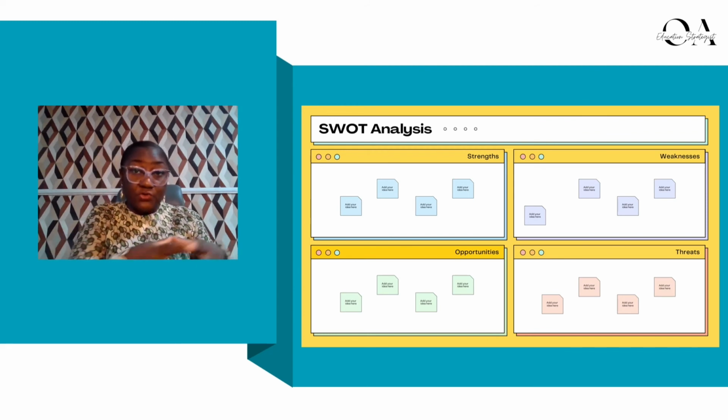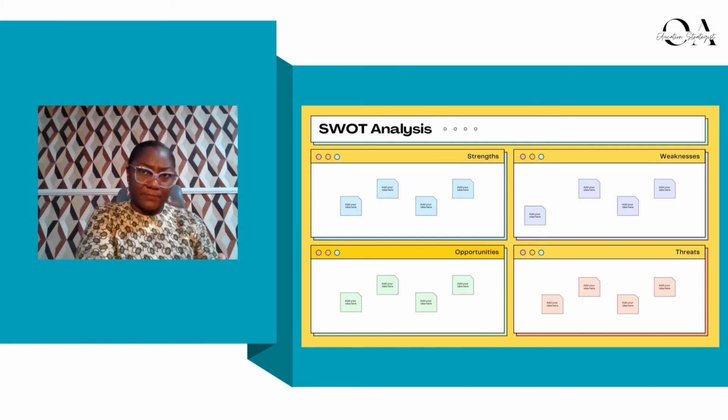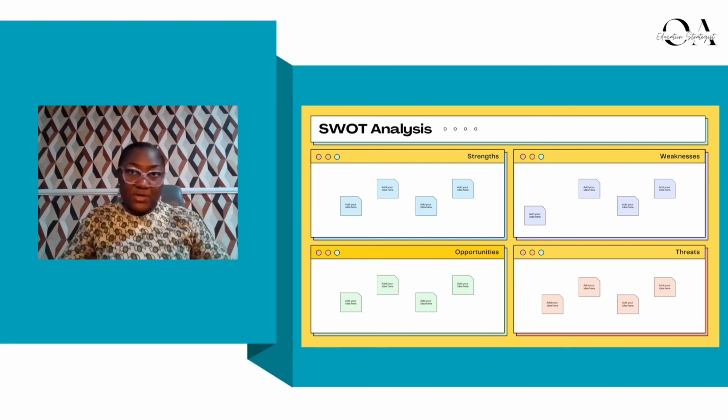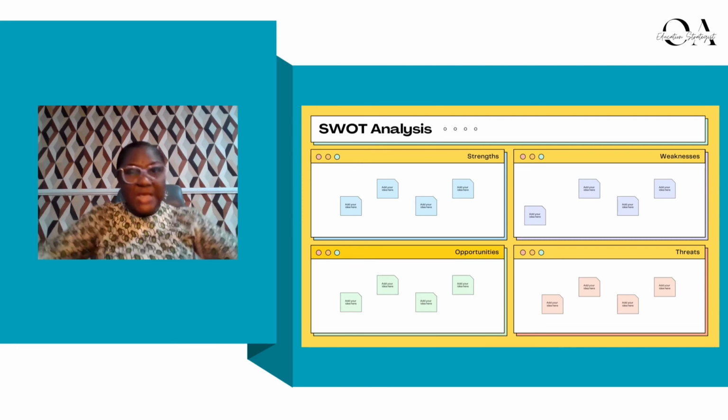Because if you don't know your strengths, then what do you build up? You need to capitalize on the strengths that you have as a school. If you're not sure about your weaknesses, you're still going to have the same problem, right? Because guess what? You cannot shore them up with your strengths. What are the opportunities and threats that exist outside of your organization, but your organization needs to be responsive,